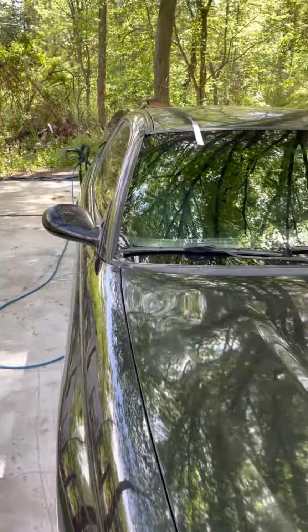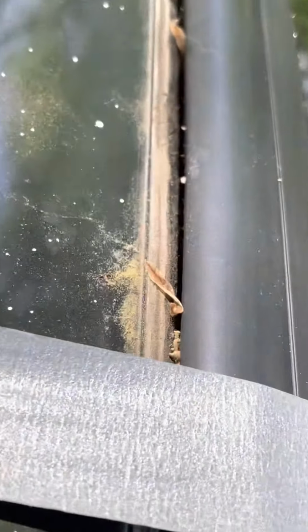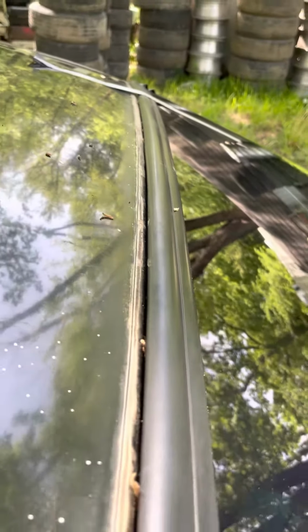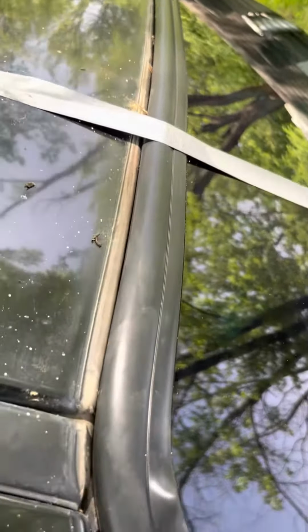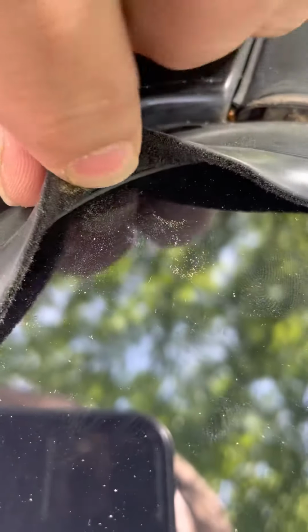Alright, so I had the windshield replaced on my 2004 GTO. My concerns are I can see daylight all through this. Okay, I don't mean daylight. I can see that there is a crevice that'll sit water all through there. Okay, I understand that it's sealed and won't get into the car, but what keeps it from sitting here and rotting out my windshield? I feel like the way this is a felt material, you can look right here, and